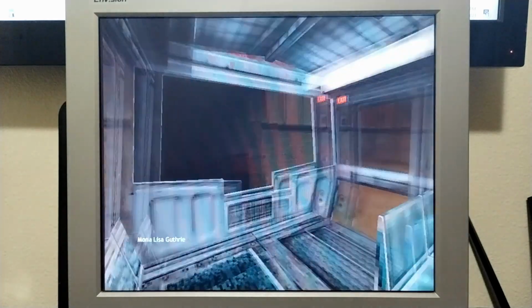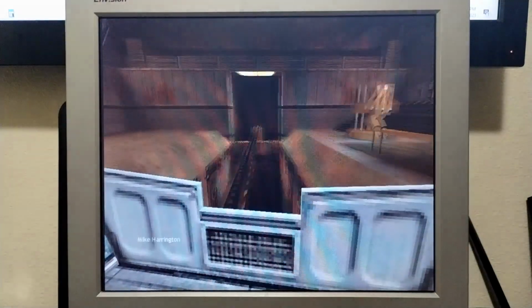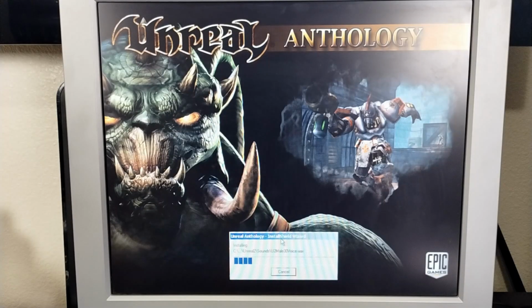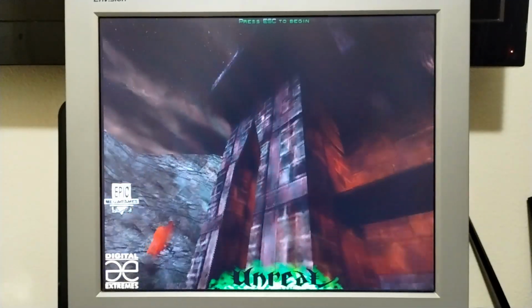Alright, so it runs pretty crappy. I would say we're 10 to 15 frames a second. Remember install screens like this. Alright, and then this one here,